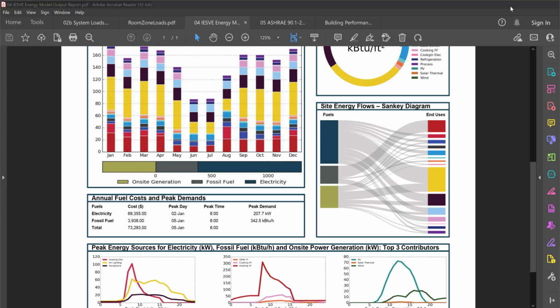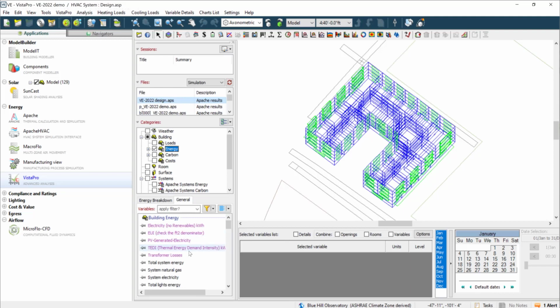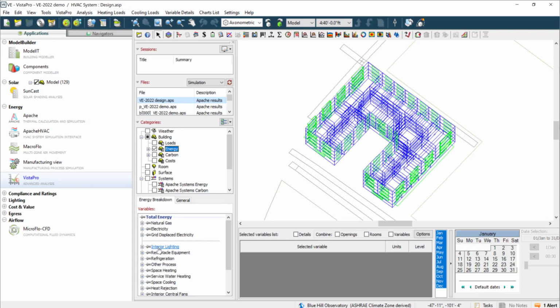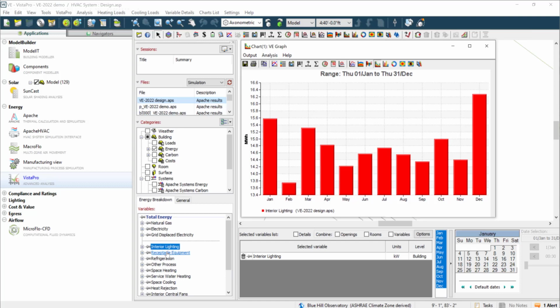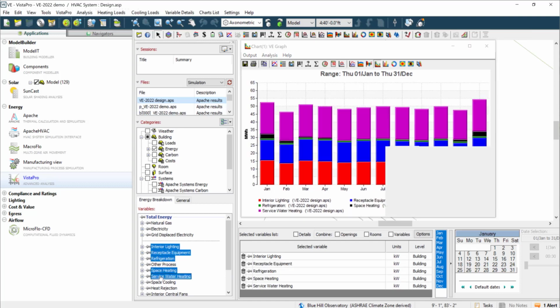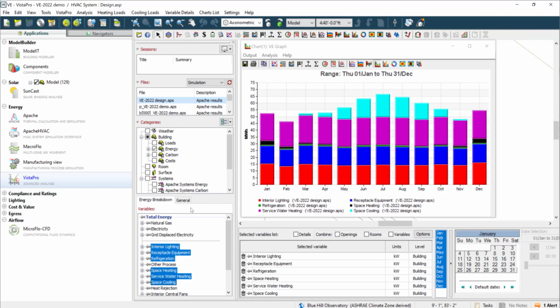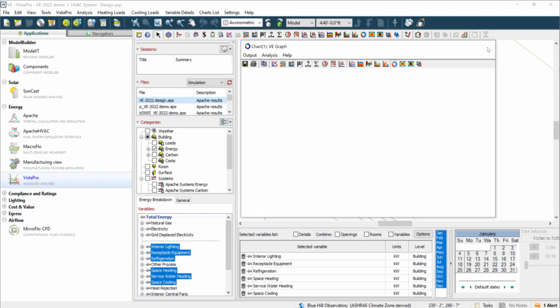There's loads of other options in here. So if you wish to do some custom analysis, I'll do an energy breakdown where I'll stack my lighting on an annual basis with maybe receptacle equipment, refrigeration, space heating, DHW, cooling, and so on and so on. So you get the idea, right? It's almost a troubleshooting tool whereby you can customize any of these energy outputs to look however you want them to look. Donut chart, if you want to dig more into just one energy end use, like lighting, for